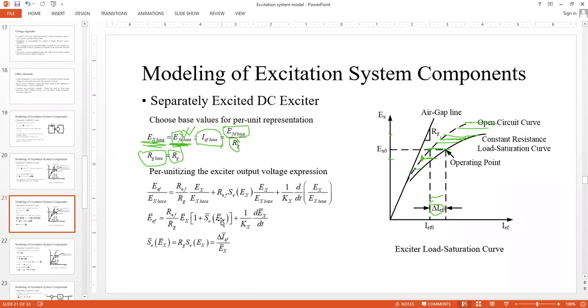where this SEEX is a little bit manipulated in this manner. Okay, so SEEX is not straightforward, so you have to do this manipulation assumption. So SEEX is RG SEEX, and that is equal to again delta IEF per unit divided by EX per unit. So if that is done, then